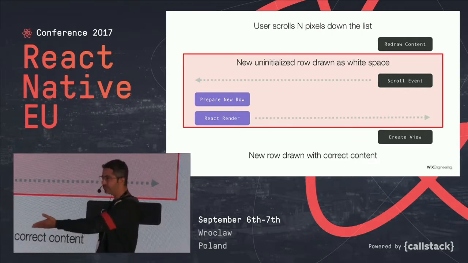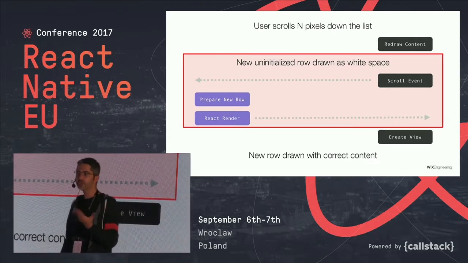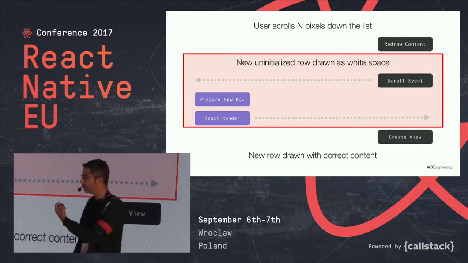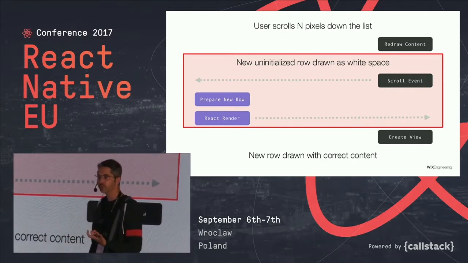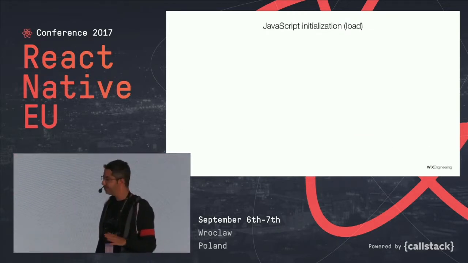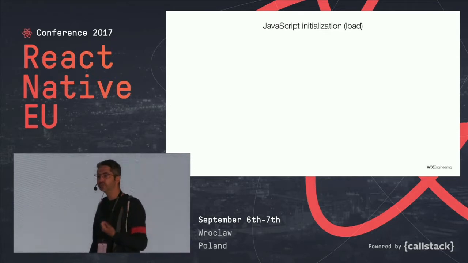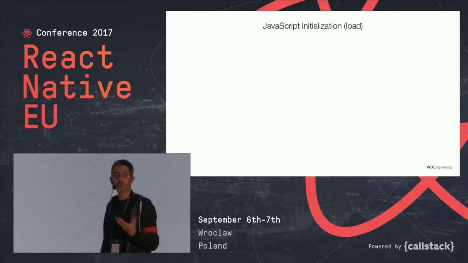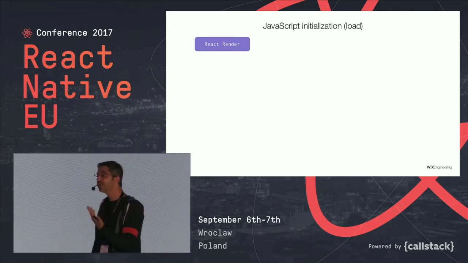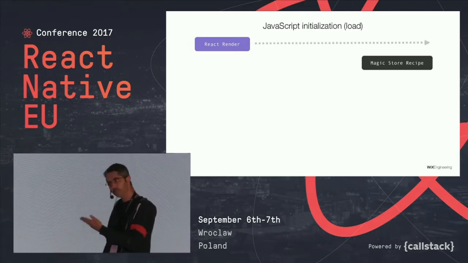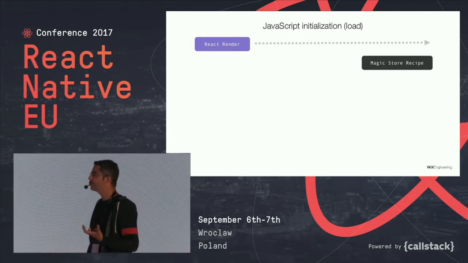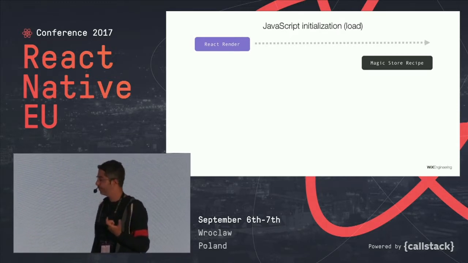So from before, we saw that with the list example with traditional asynchronicity of React, we would have the flicker because of the overhead that we had when we render a new row. So what would it look like now? It would be the exact same way. When JavaScript initializes, we would register a synchronous component, which would be our row, our template for our row in the list view. We would render it once. When the app starts, it will be done over the bridge. There's no way around it because it's JavaScript. And we will magically store the recipe for this row natively.